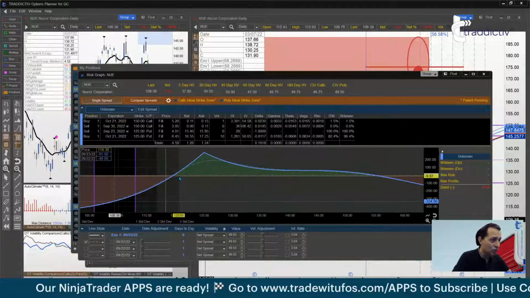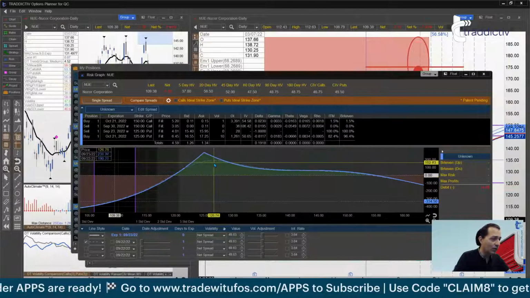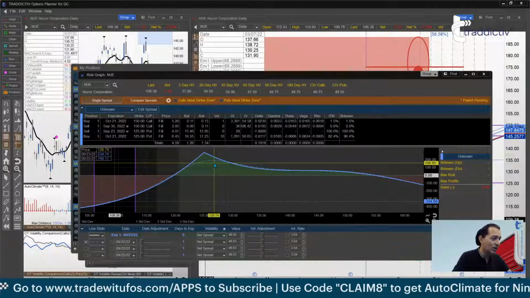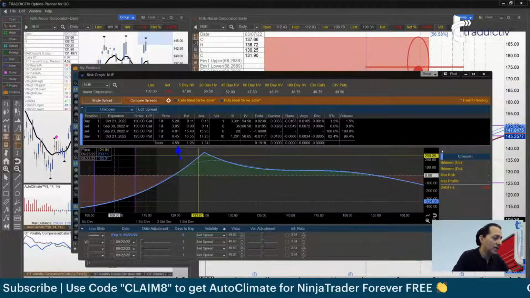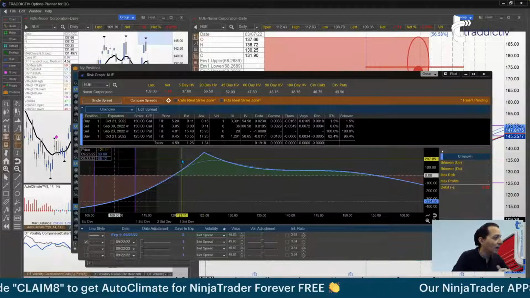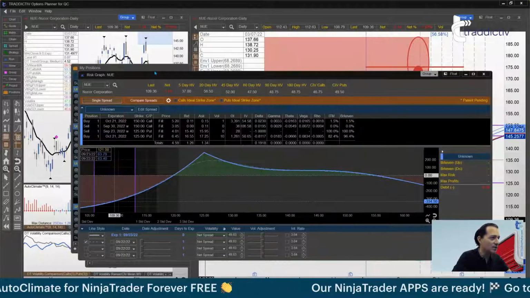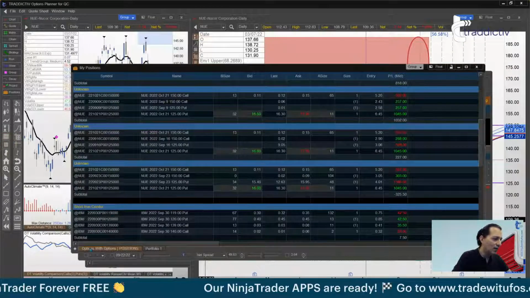Again, if the stock was to rally, we'd be back very quickly into the green zone. But we need that to happen. If not, again, the most this trade can lose is 459. So again, not the end of the world. But again, we're going to continue massaging. So how do I massage this trade further?